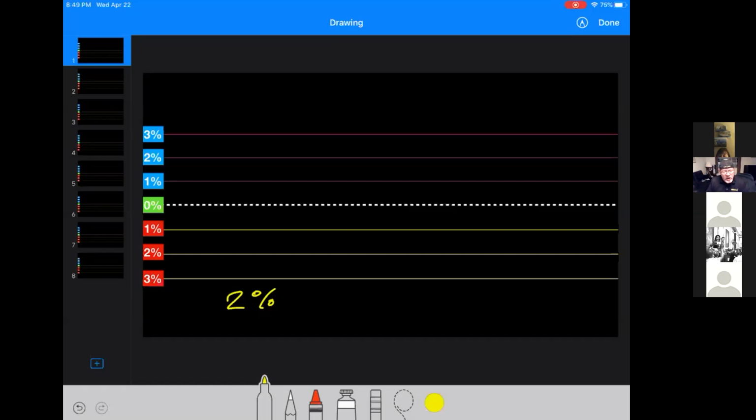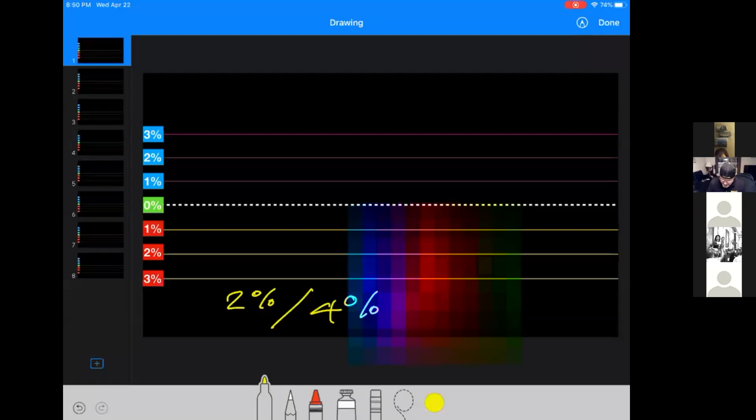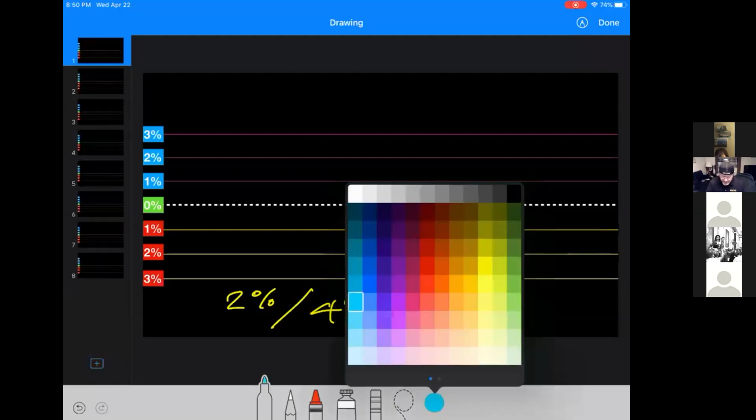Anyways, if you wanted to give the trail a little bit more room to breathe, like I've been doing, then you would do a 2% start and a 4% trail. Now, what does that look like? All right, let's switch up the colors and give ourselves a nice blue color. And let's say that we ended up going to about right there, right?